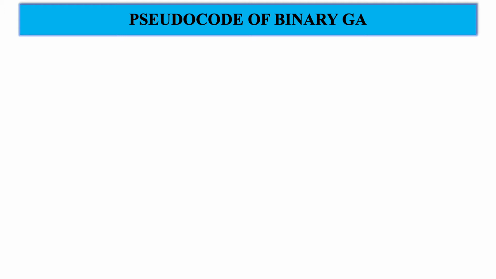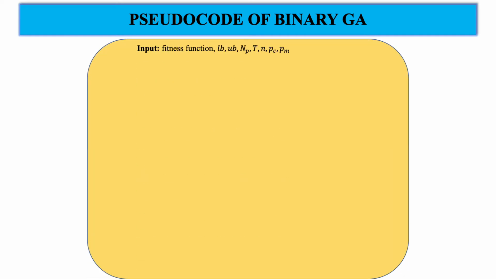So as we know, to solve any problem first we have to define certain things. We have to define what is my fitness function, its lower and upper bound for decision variable. All of these we are going to get from the problem itself. Then we need to decide what will be my population size that we are going to employ, and a termination criteria, or usually it is the number of iterations.